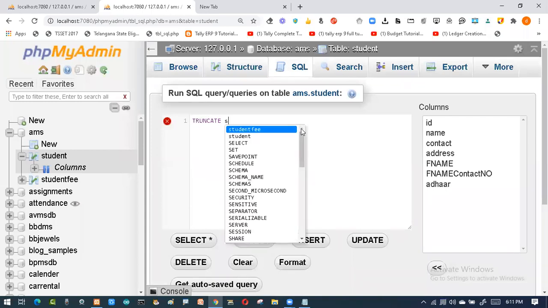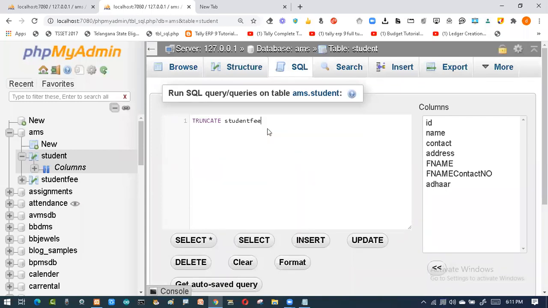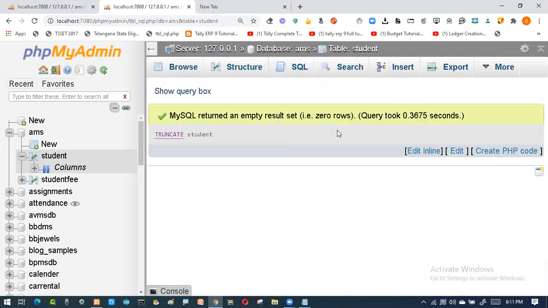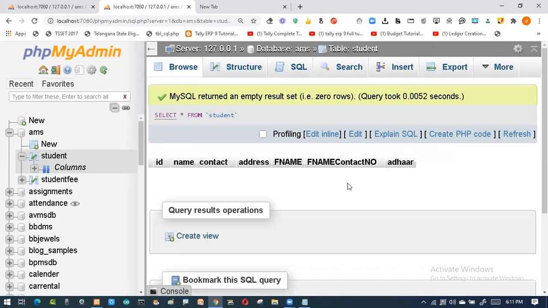Truncate what? Student fee or student. And when I click over here, whatever data was there will be totally removed. Permanently we will lose the records. See, my records have totally gone.